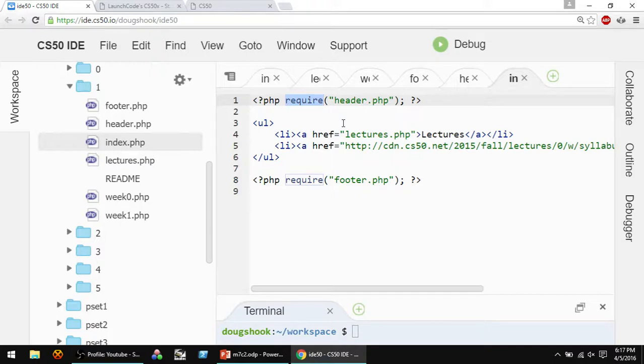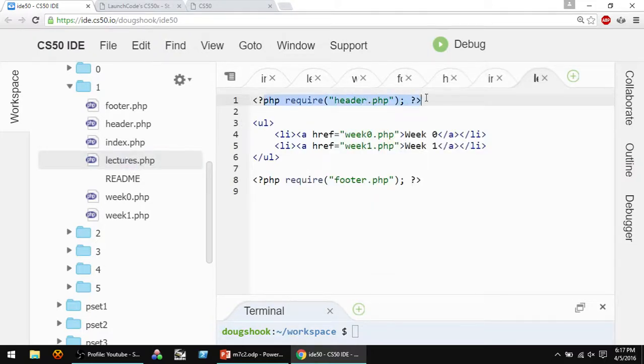Yeah, it's very much like the include statement in C. Yeah, that's a great analogy. It finds this file, and it literally takes the contents of this file and just copies them right in. Just pastes them right in there, right? That's what's happening. So for each of our pages, you now see at the top, I require the header, and